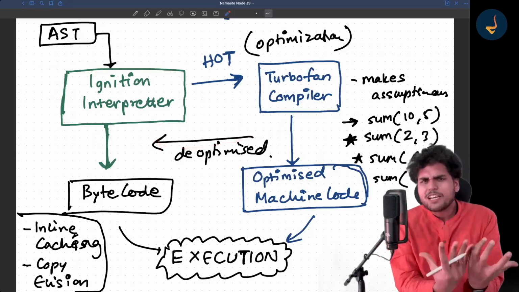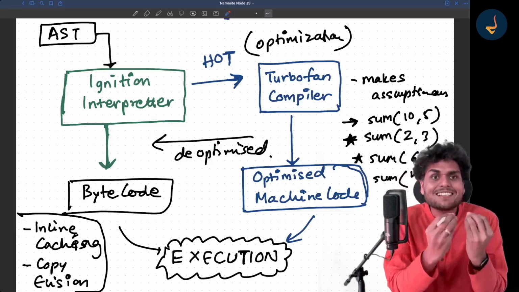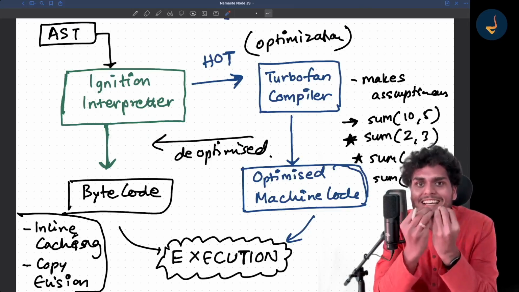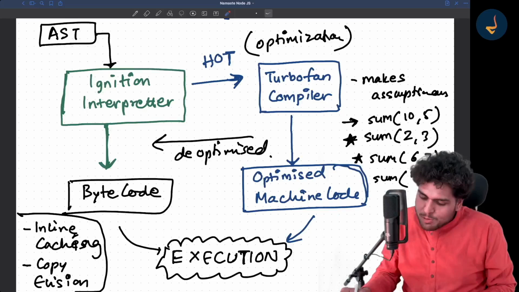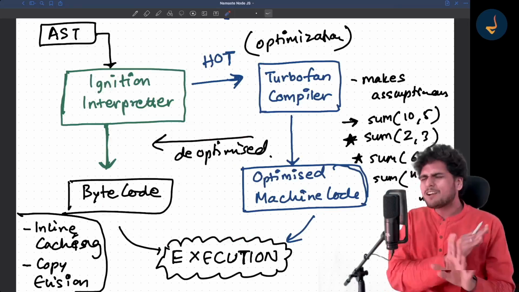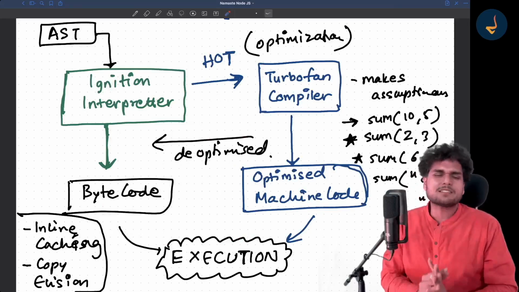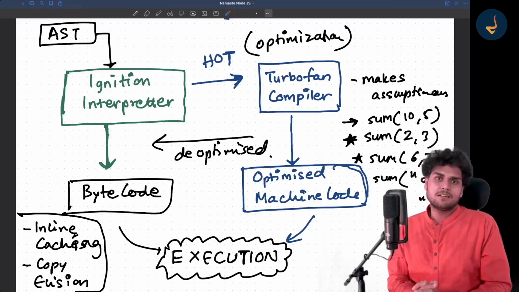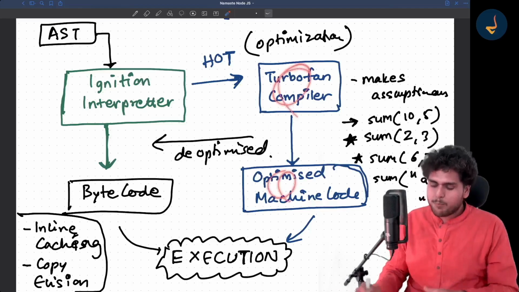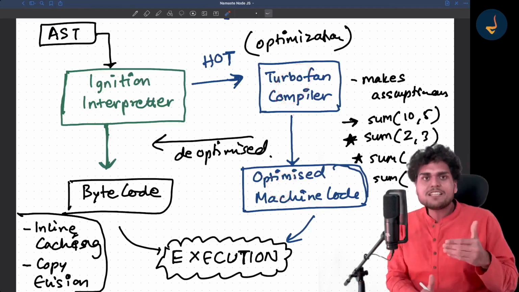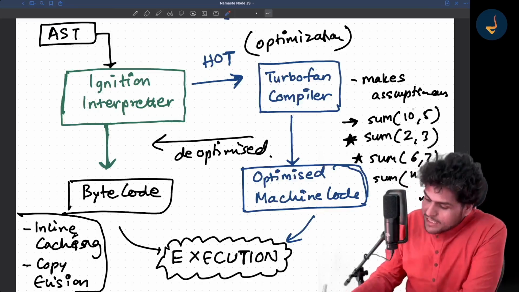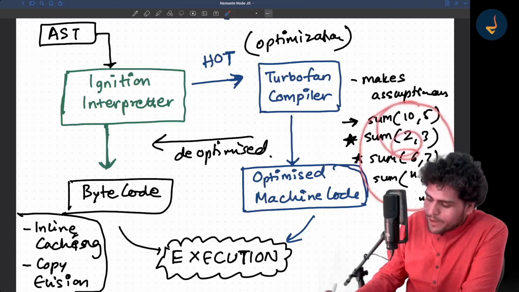Think about the beauty inside the V8 engine. Somebody has written code to do all these things. I am showing it to you in the diagram. It looks easy, but it is not easy, my dear friends. It's a very, very complex thing. Internally, I have not even explained it all. If you go inside, you will see there are a lot more levels of complexity involved. I have just given you a very easy example of a sum function over here.